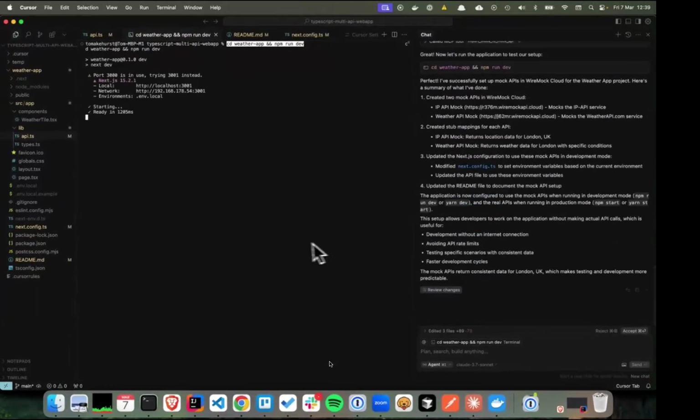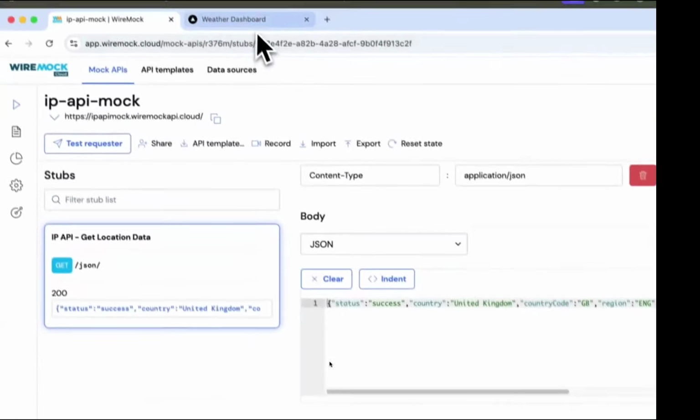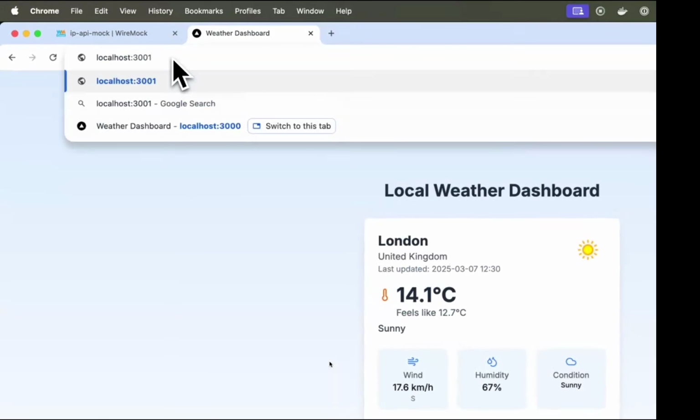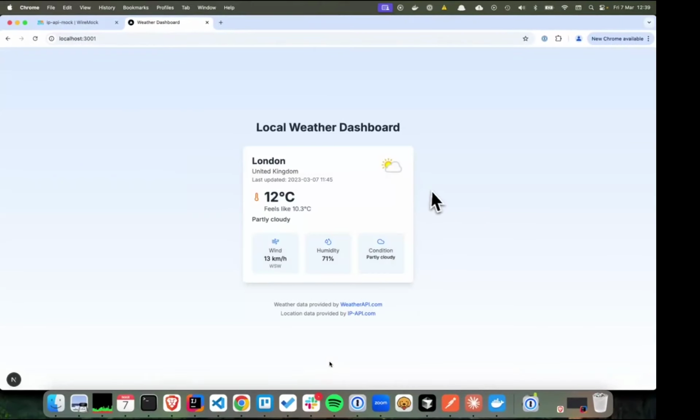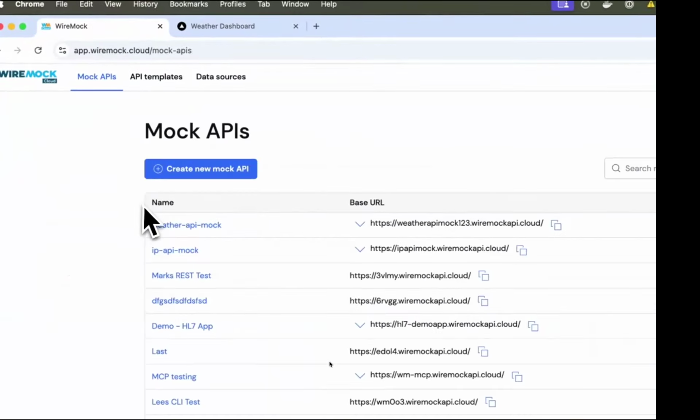Okay, so it seems to have finished its work, and it's started the server on port 3001. So let's go and switch over to 3001, so we get the updated version of the dashboard. Okay, so this is still showing the same output, although the data in it has changed. But what this should have done is pulled it from the mock rather than the real thing, and we can go and check this if we go and have a look at the